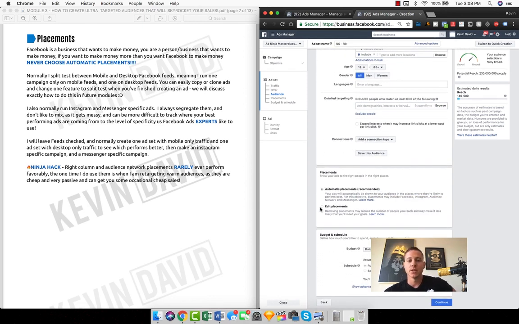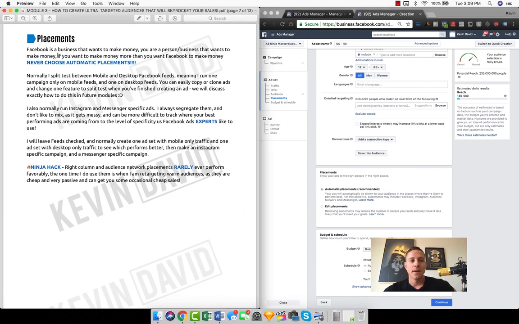Now we're going to talk about the next section, right here when you actually are building out the audience section of your ad, which is called placements. Show your ads to the right people in the right places. So when you actually go to create an ad, Facebook by default will check the automatic placements, and something that